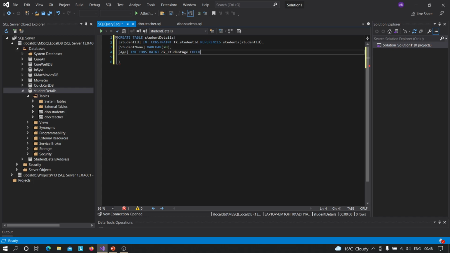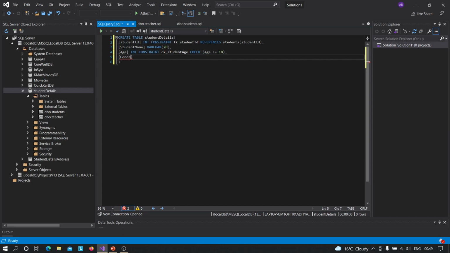So here I will use check, and inside brackets the column name should be passed and the constraint should be passed. It should be greater than or equal to 18. Right? See, this is how we are passing a check constraint. We are passing the column, or we can do one more thing and we can use and to pass one more check constraint if we want. But we don't have any more columns to check, so we are not passing one. Rather, I will add one more column with a check constraint for you guys to understand better.